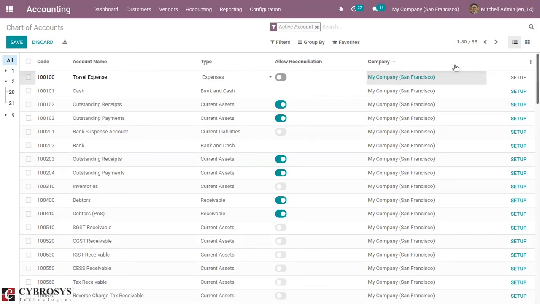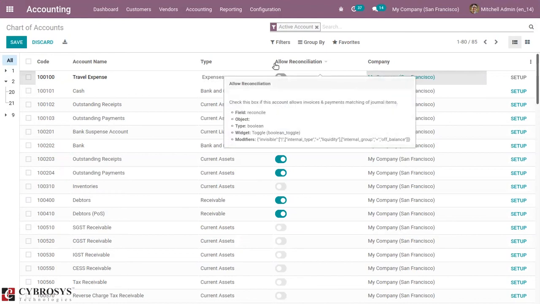And if you want to allow reconciliation, you can just enable it from here. For some accounts, such as accounts made to record transactions of a payment method, they can be used for the reconciliation of journal entries. For example, an invoice paid with credit card can be marked as paid if it is reconciled with the payment.